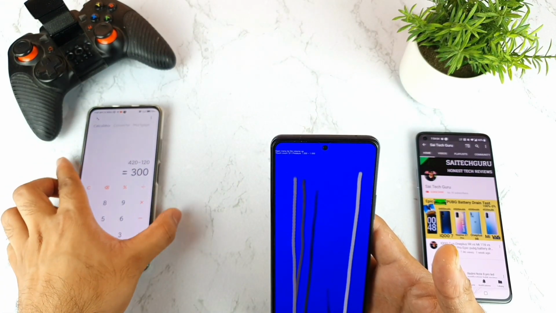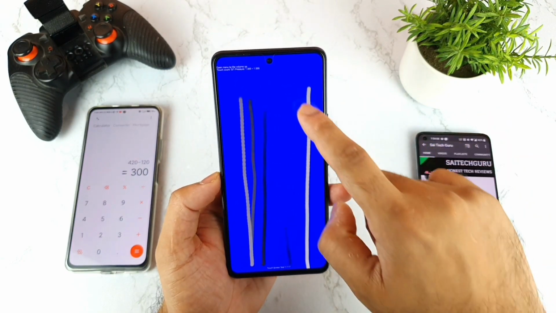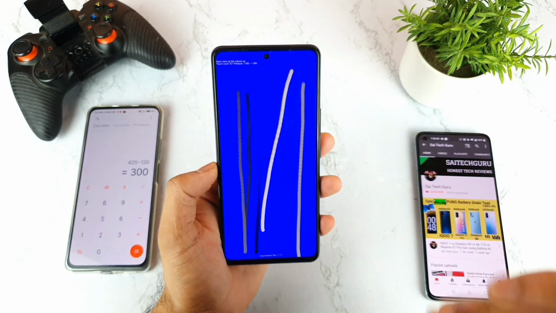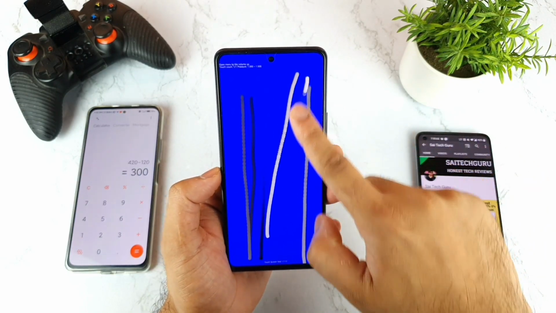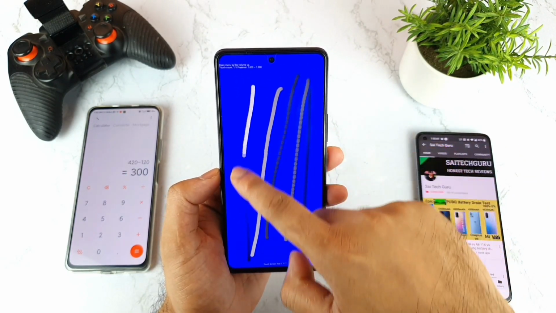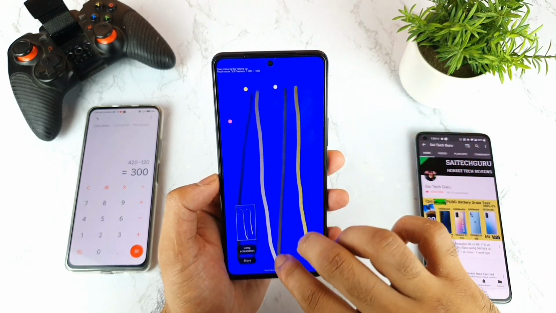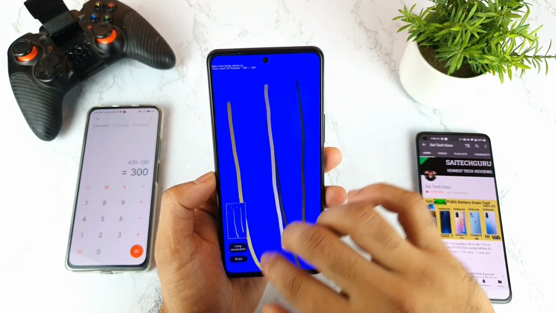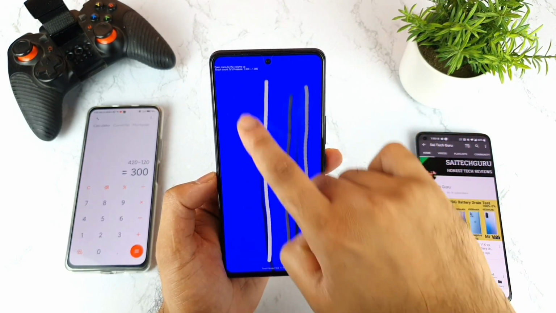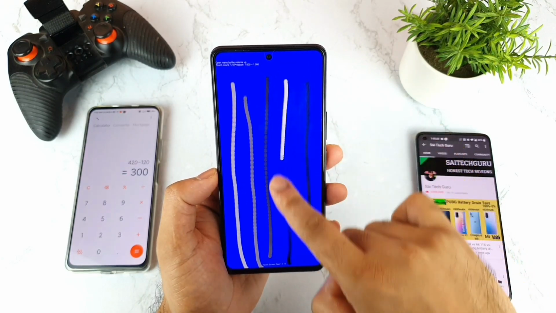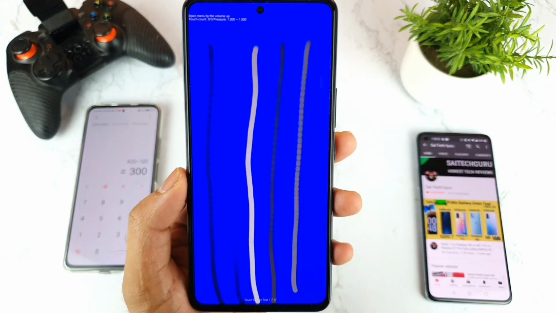So before, I did underestimate these Game Turbo modes and even the Ultra Game mode, but later on we got to know that if you want to experience the full potential and full performance of your mobile phone, then definitely you need to use this Ultra Game mode and the Game Turbo mode. As you can see, friends, right now I don't have any kind of problem at this point. Both are straight and smooth. As you can see, friends, the touch sampling rate is exactly as accurate, which is really good.